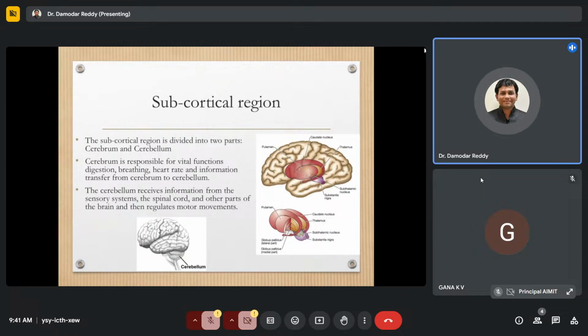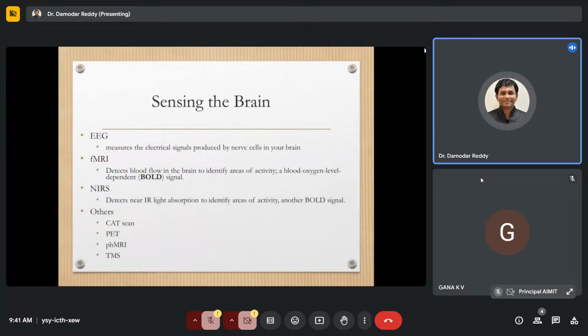So I'm not going deep into the subcortical structures and other parts of the human brain, where you can refer in case you are interested further in this domain. Now, when it comes to the type of data, whether I'm using it for some healthcare application or any other application, we have to understand the various types of data.